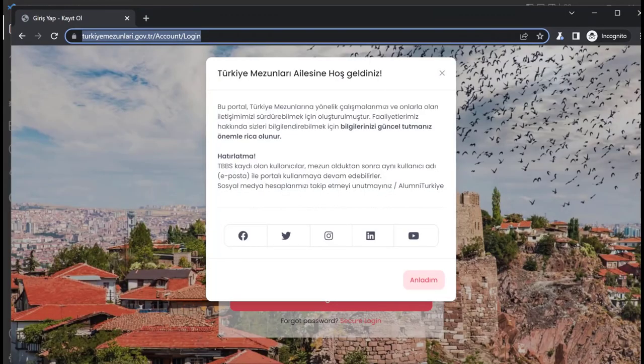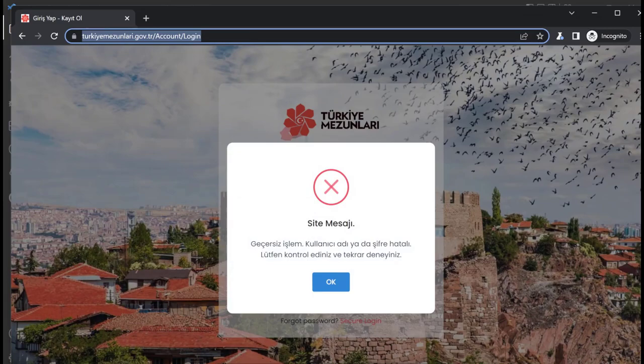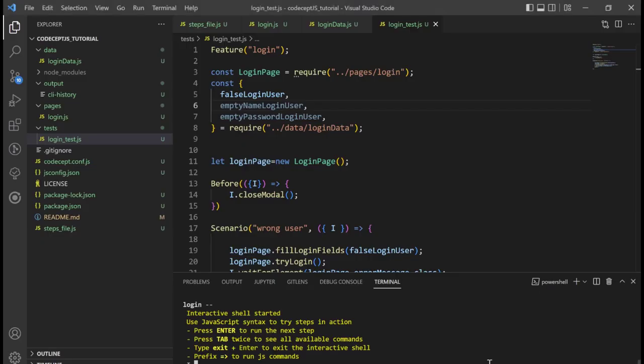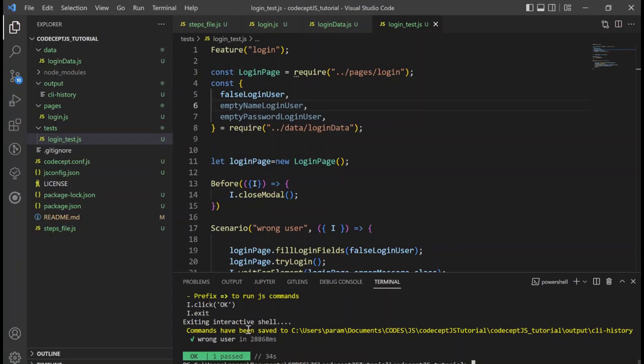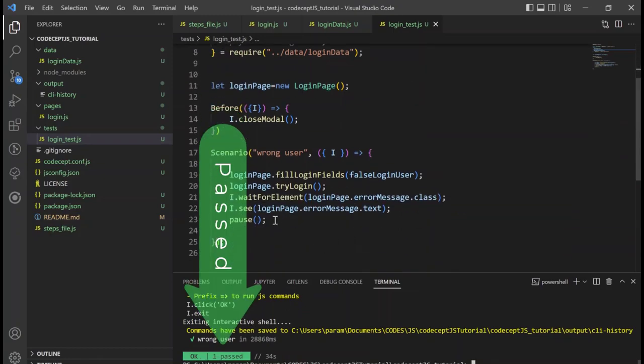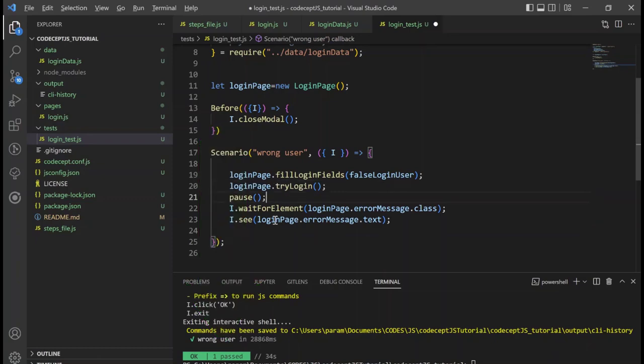Now it has opened our browser, clicked thing, and now it has paused in here. And this is an interactive shell which is very useful. You can use, for example, some commands from here. For example, now if I write this and click enter, it has clicked the OK button. So in order to exit from that interactive shell, you can use exit, and our test has passed. You can use that pause method, for example, in other steps in order to test your steps one by one. It's a very useful method.